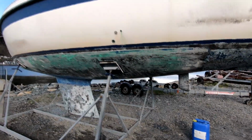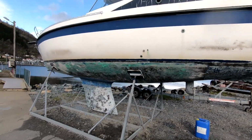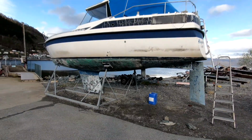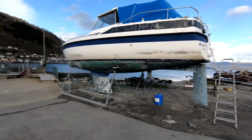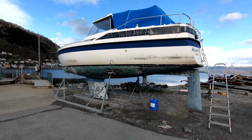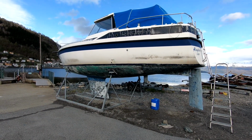But unfortunately I'm forced to put the boat back into the water. And that's a bit annoying, but that's the way it is. So I have to get it prepped really fast to get it back in the water within the next week or two,